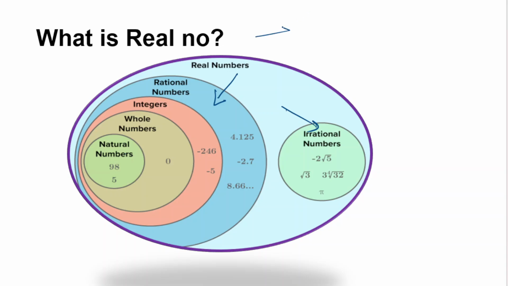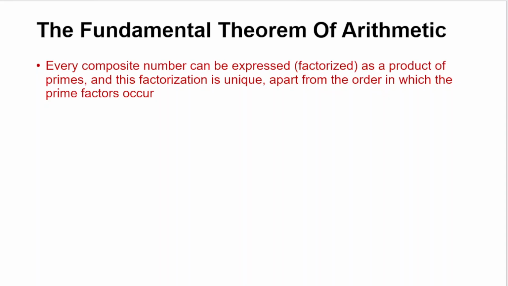We can represent all these numbers on the real number line, where each number has a unique position. This is your real number line. The theorem which is affiliated with the real numbers is the fundamental theorem of arithmetic. What does this theorem say? Before going into this, we discuss a little example: on the number line we have two types of numbers, either prime numbers or composite numbers.